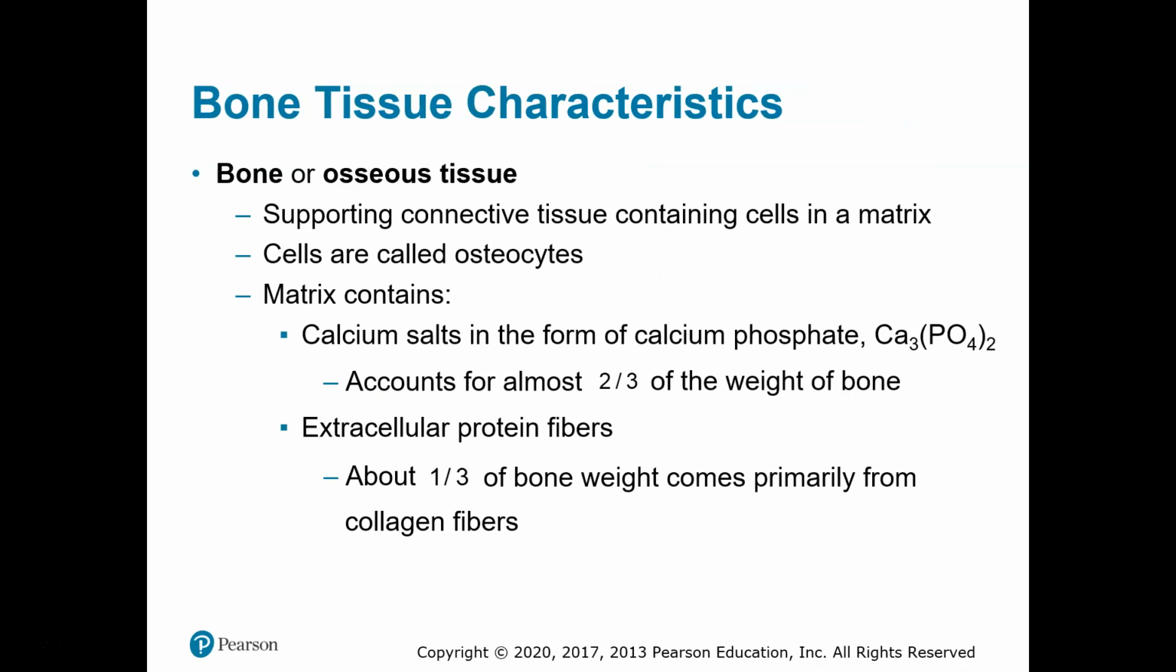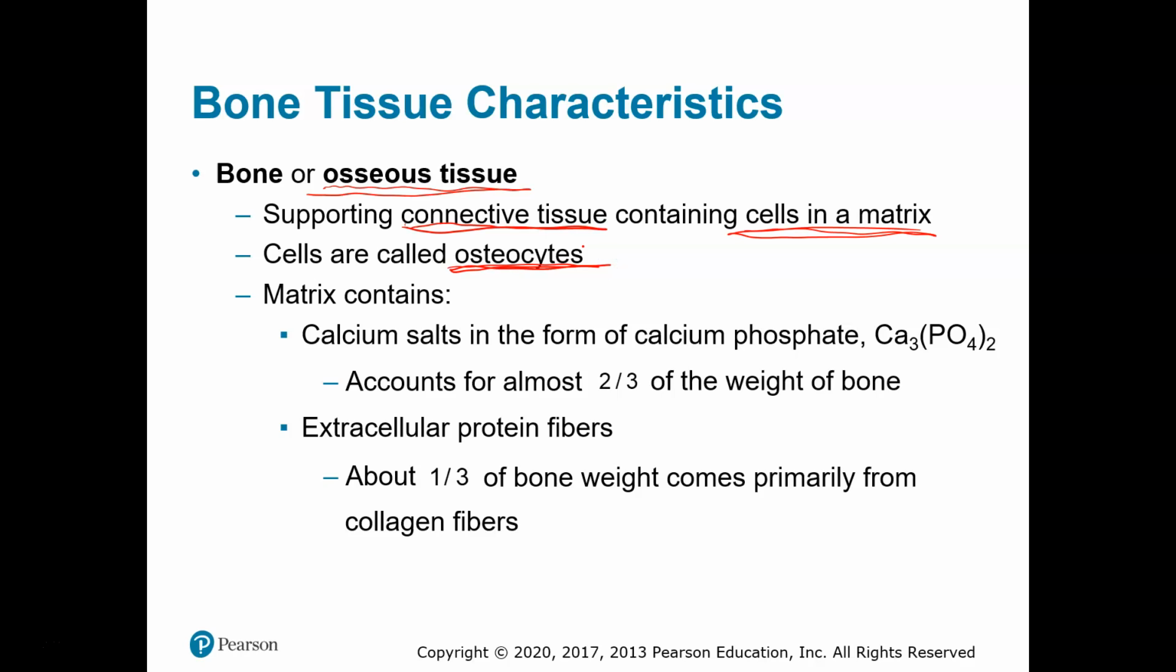So bone tissue is also called osseous tissue. It is a supporting connective tissue. Remember in chapter 4, when we learned the different tissue types, bone is a connective tissue. The supporting connective tissue, and cartilage is as well. So it contains cells that are surrounded by a matrix. The cells, bone cells, are called osteocytes,